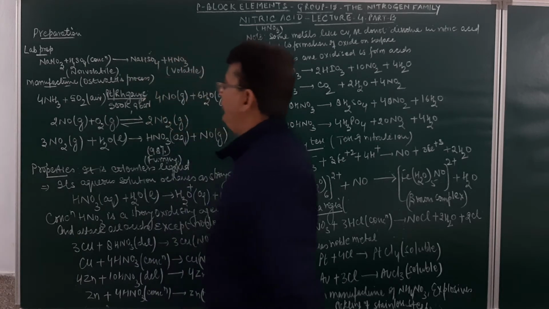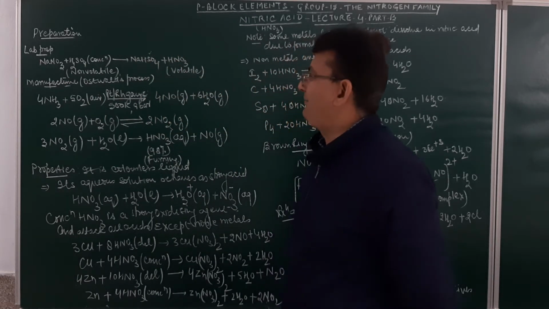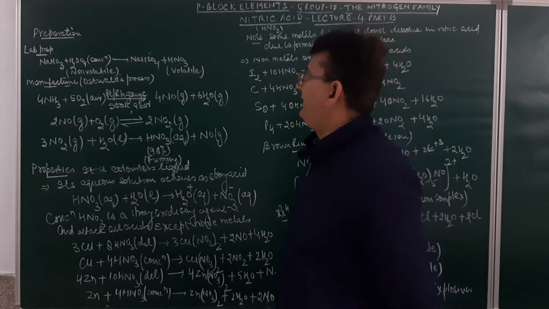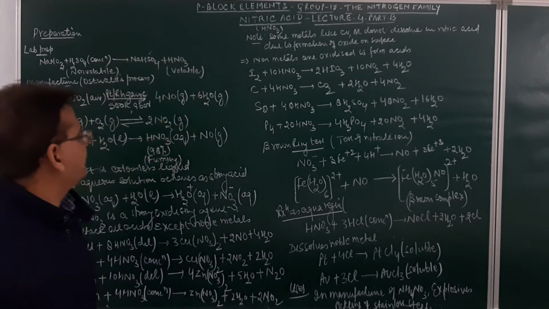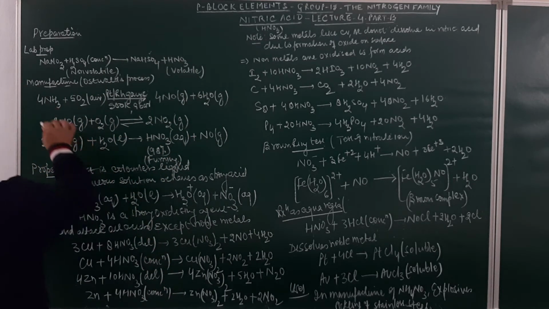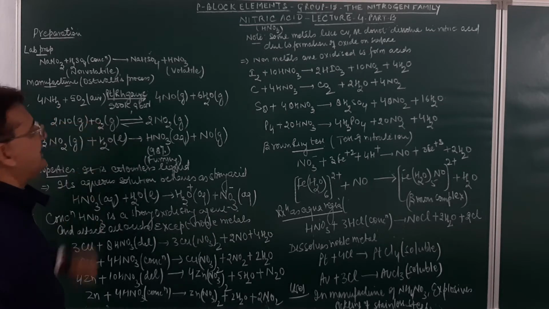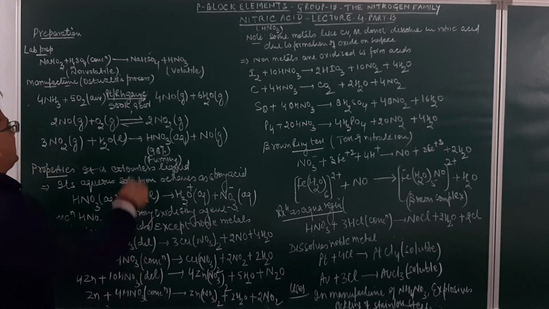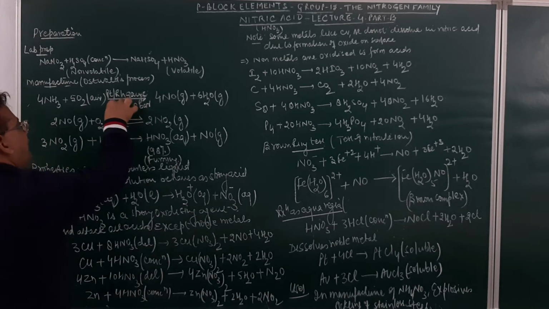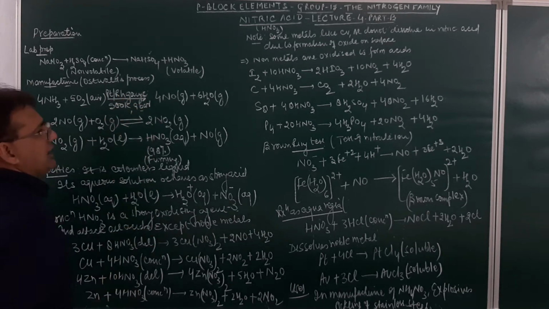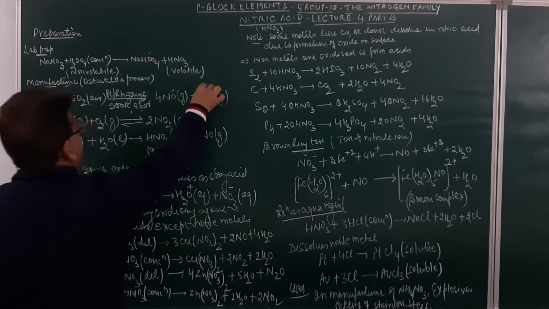Nitric acid can be manufactured by the process which is called as Ostwald's process. Now, the question is, how do we manufacture nitric acid by Ostwald process? There can be various steps. First one is the oxidation of ammonia. So, ammonia when oxidized in air in presence of catalyst platinum or rhodium at the temperature of 500 Kelvin and 9 bar pressure, it will result in the formation of nitric oxide and water.